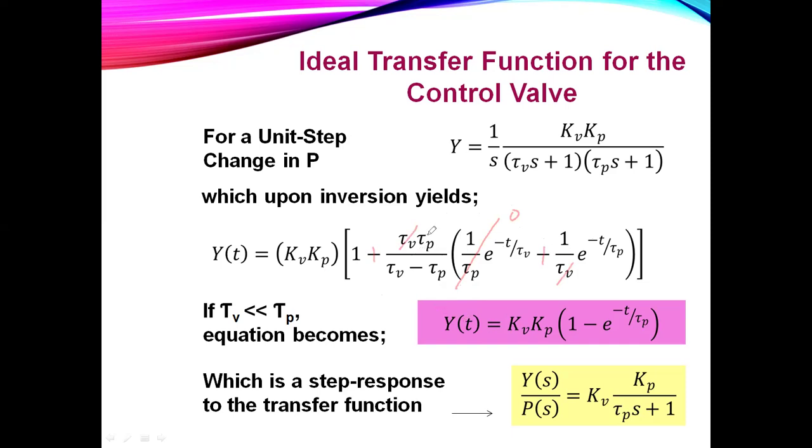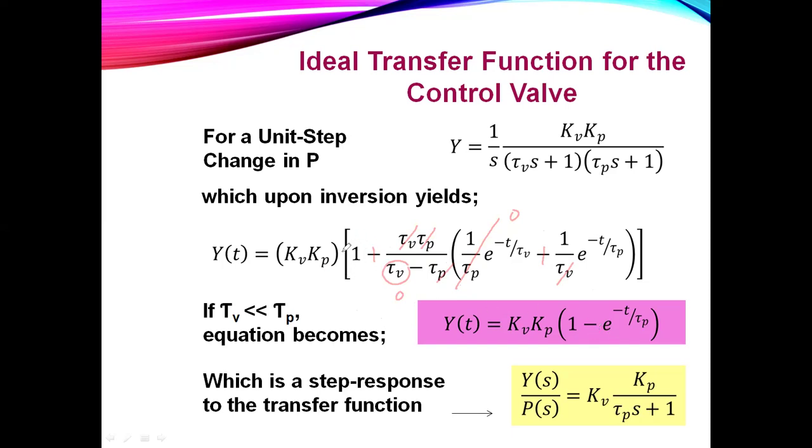But still, you may think that you have tau sub p over tau sub v minus tau sub p. If this is very small compared to this, it is more or less like 0, because it's very small compared to 1,000 p. So that leaves you with 1,000 p in the numerator over negative 1,000 p here, which will cancel each other again. So the positive that you have here turns negative again.